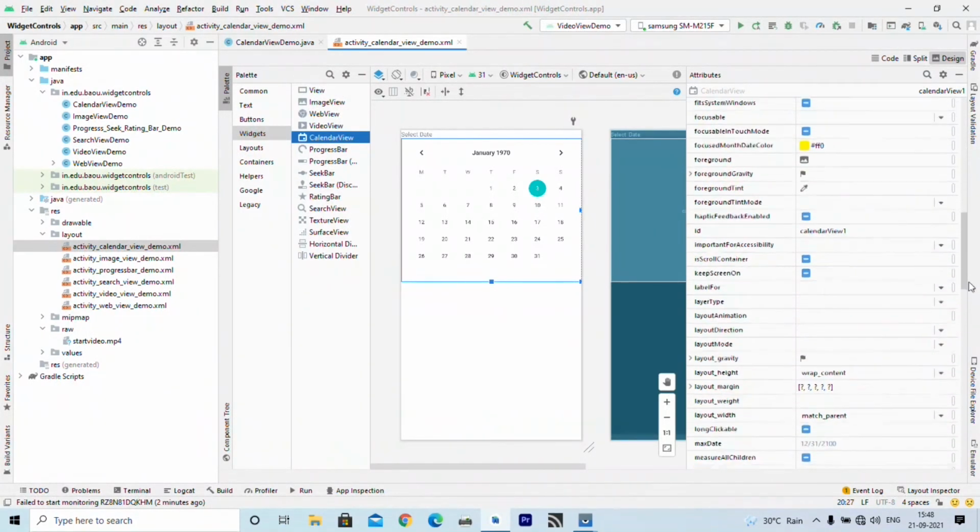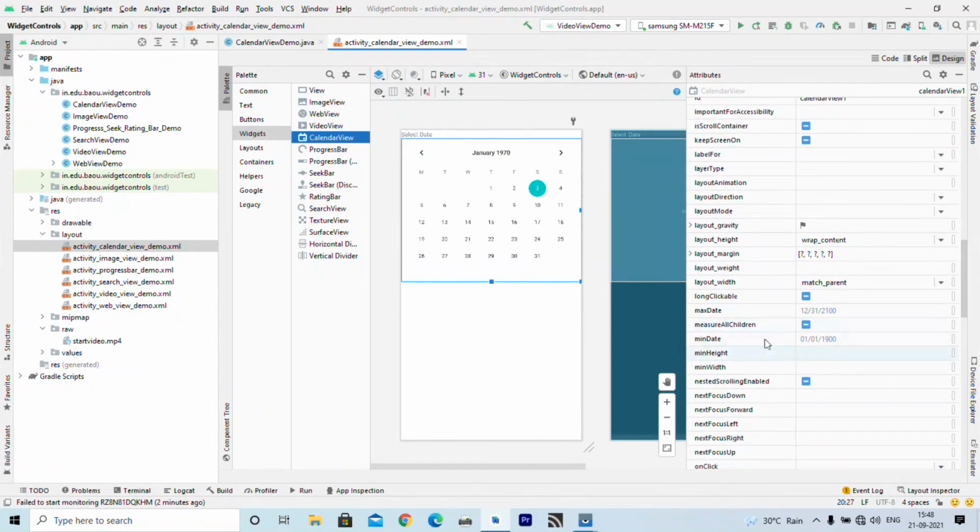Now an important property is max date and min date. If I specify some date inside min date and max date, this calendar view only shows months between these two dates, right, and you can only select those dates, other dates cannot be selected. So just place this calendar view.